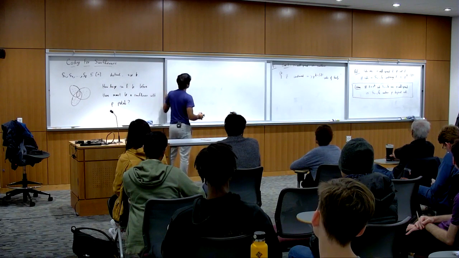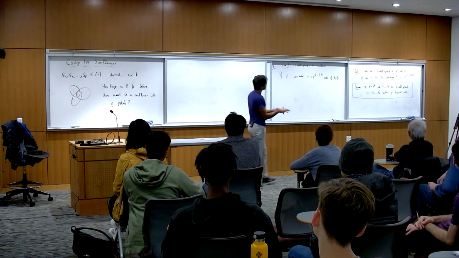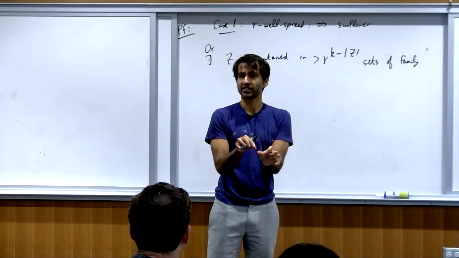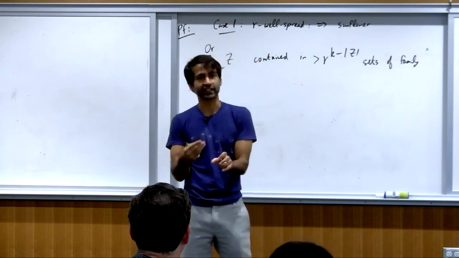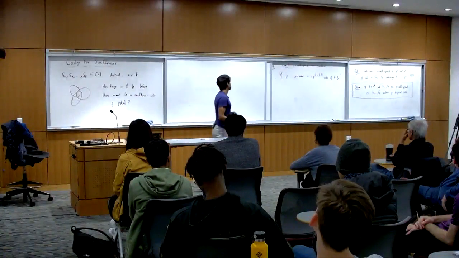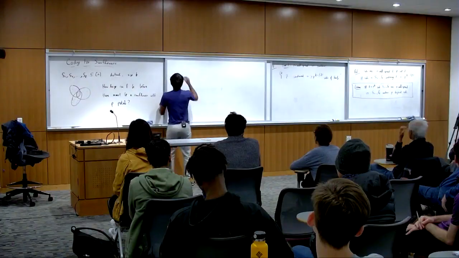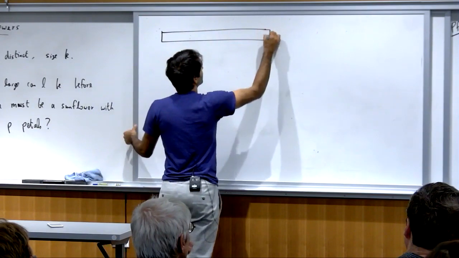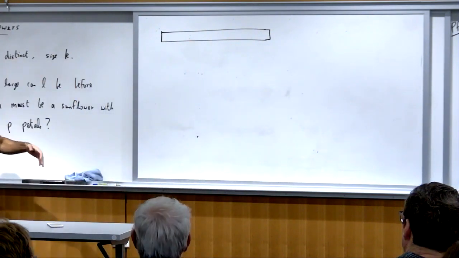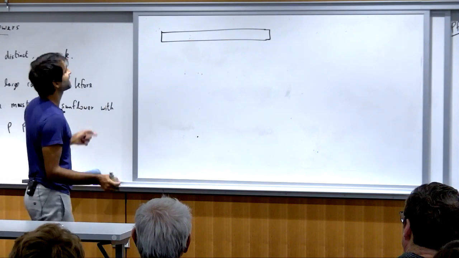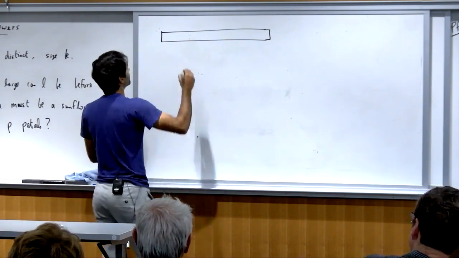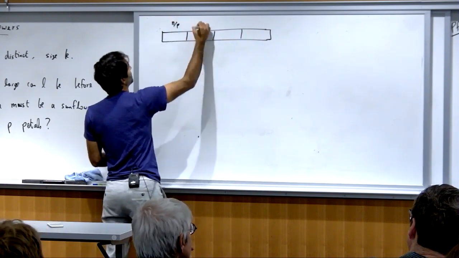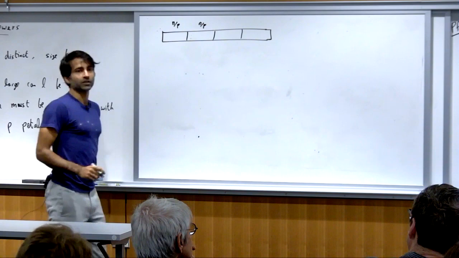So think about, intuitively, because the sets are well spread, they can't cluster into a small part of the universe too much. If a ton of sets cluster in a small part of the universe, they'll share some elements quite a bit. So that shouldn't happen. And so one intuition might be that if you take the universe, so here are the elements of the universe, and just permute the elements randomly. There are n elements in the universe, rearrange them randomly. And let's break up the universe into p pieces. So let's look at n over p elements here, and then n over p elements here, and so on.